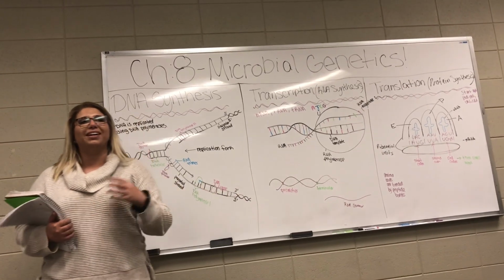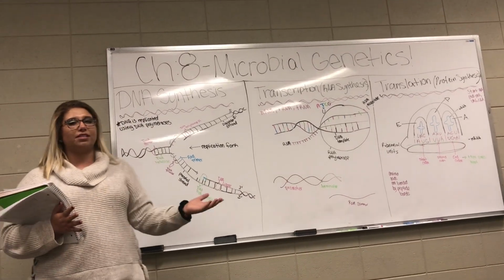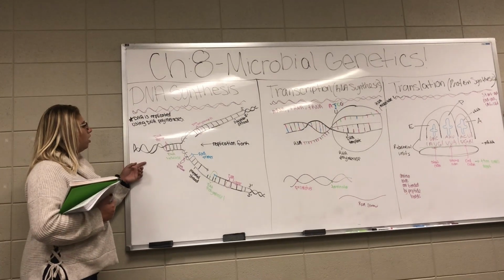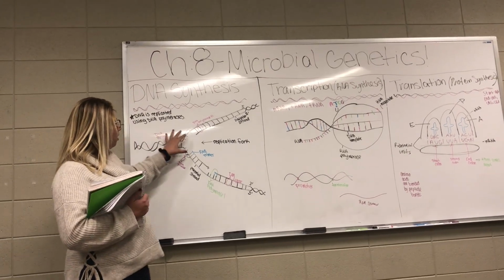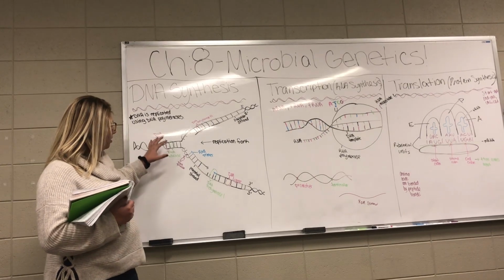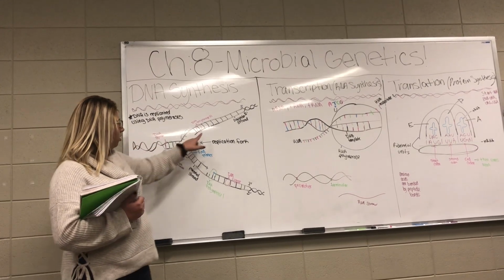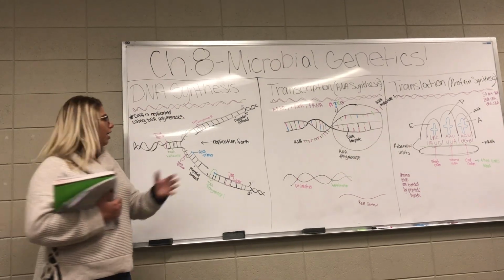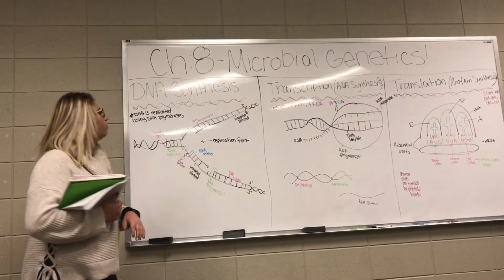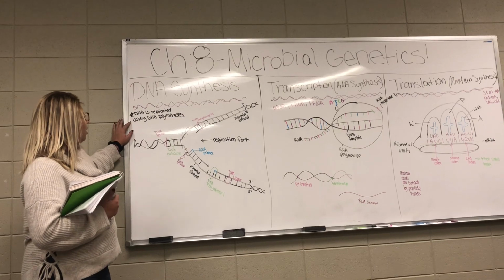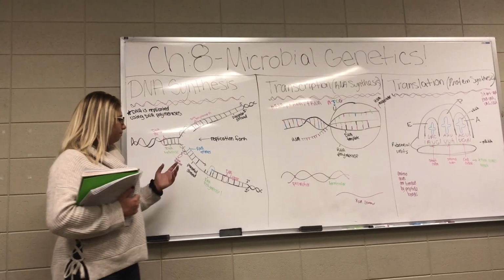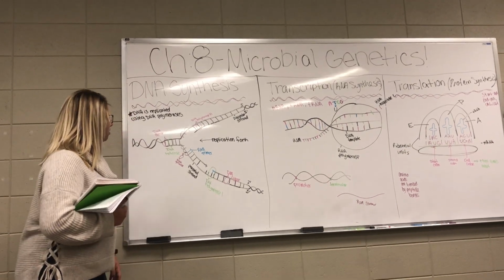it needs to double its DNA so that it has two things of DNA to go into each cell. So when the DNA replicates, it's going to have a parental strand and a daughter strand. The parental strand is the strand that it originally had, and then the daughter strand is the new strand that it is forming. So DNA is replicated using DNA polymerases, and those are just enzymes that help the synthesis of